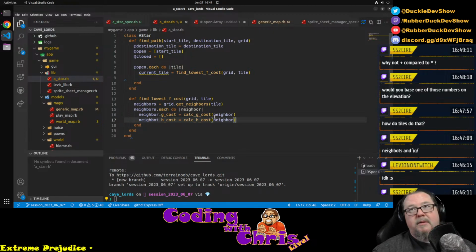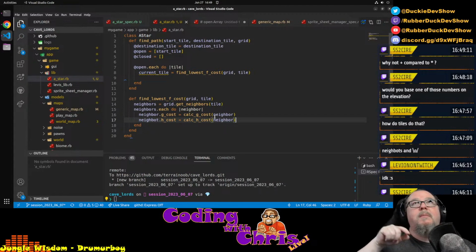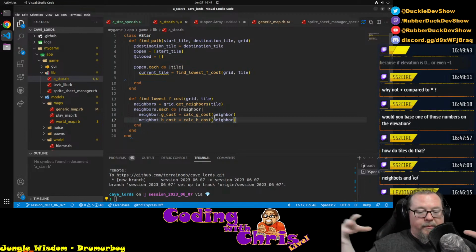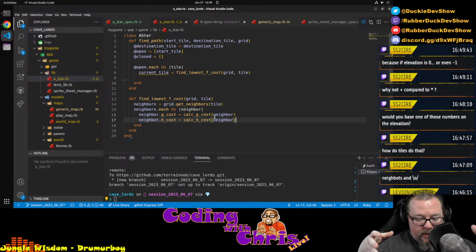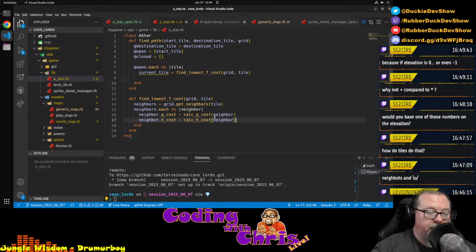It depends on how we want that heuristic to work, because it may be that adding the elevation to the distance ends up doing some weird things where multiplicative things will normalize that out, but we'll have to do a deeper look at that heuristic. It may be that